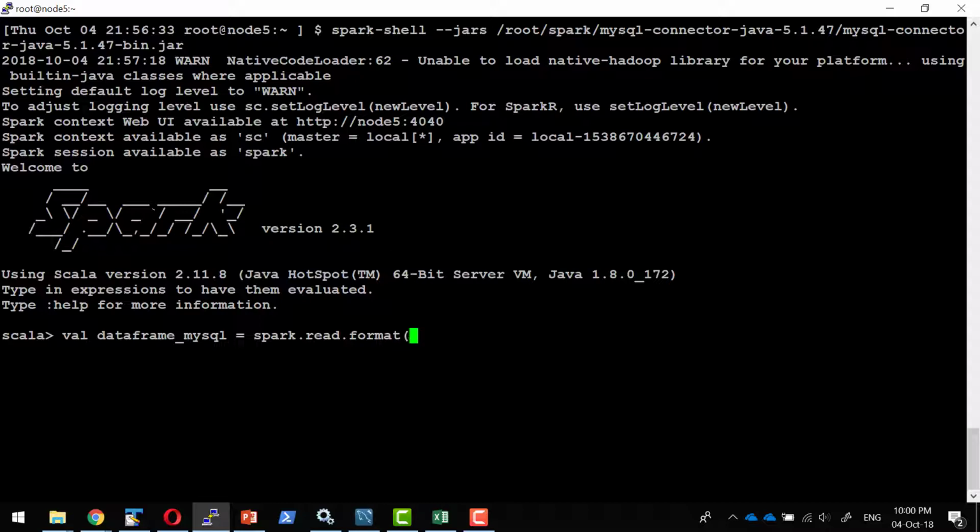Format, I'm going to use type JDBC. And I need to pass the details on the URL, the driver, the table that I want to connect with, the username, password, and any required options I can pass. So I'll pass option URL, I'm going to use JDBC, ODBC, of type database MySQL, and it is available in the location